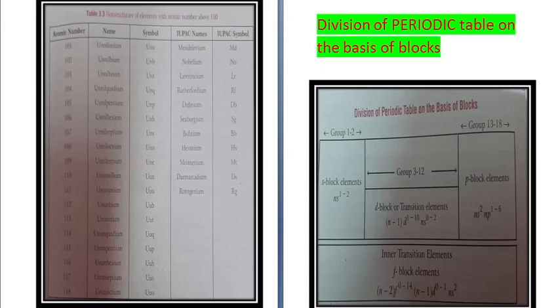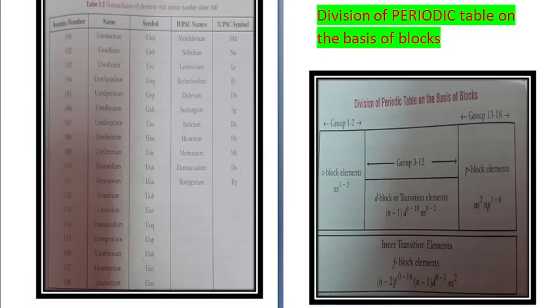In this way you can practice the nomenclature of elements which have atomic number more than 100. If you see, earlier the names were given like this: Mendelevium, Nobelium, Lawrencium, Rutherfordium. So these names were after the names of the scientists who discovered them. That was confusing, but this system of nomenclature, in which you just have to see the roots, is easier to remember. That is the reason why this system came up.